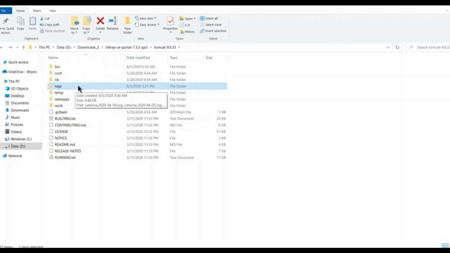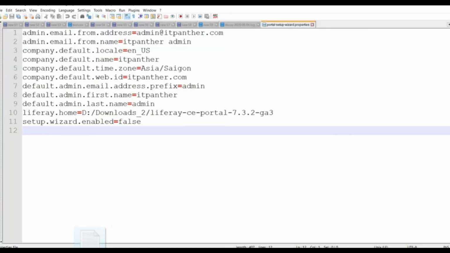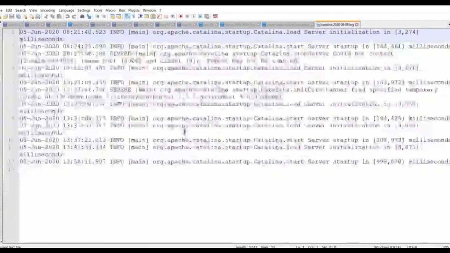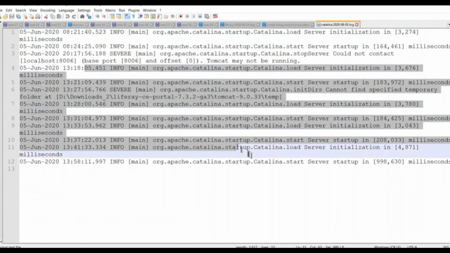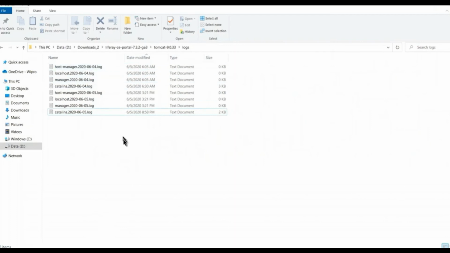Next we have the logs directory. This is going to have all the logs related to Tomcat. Whenever you start Tomcat and let's say you face some issue or Tomcat is not starting up, you can come here and start monitoring the catalina.log file. The Catalina log file is the one which has all the information with respect to what is happening in Tomcat. This is the kind of messages you are going to see in this file. Whenever you have any issues with Tomcat, you need to go to the Tomcat logs, explore all of these logs and read them, and then you will be able to get the information.